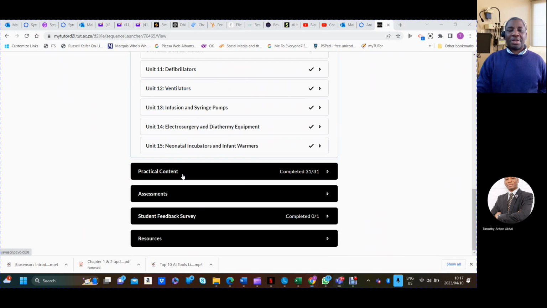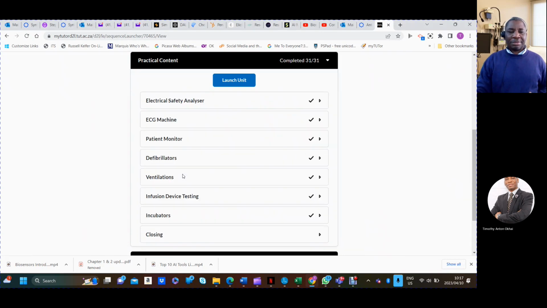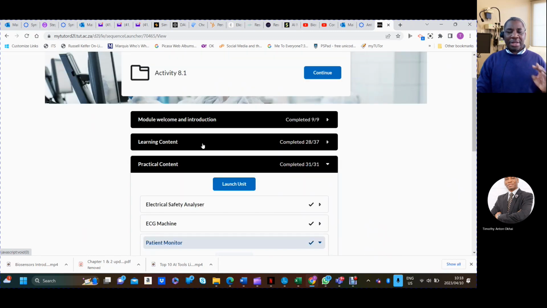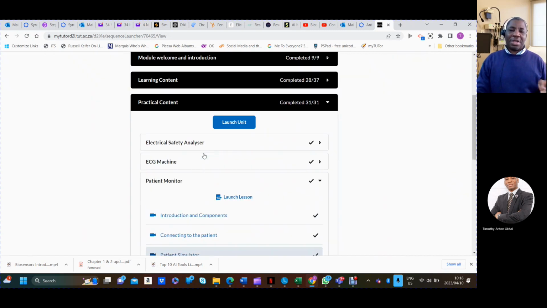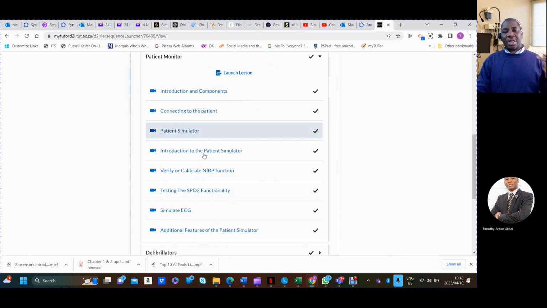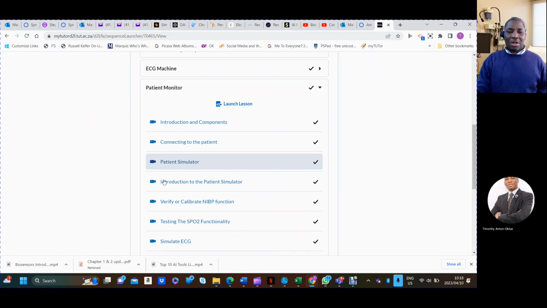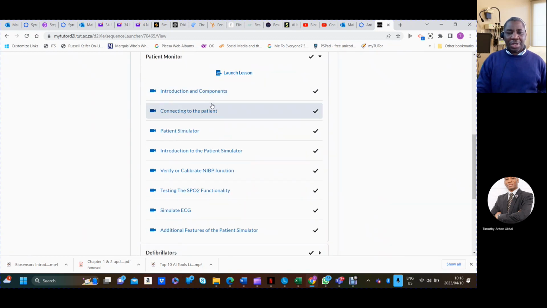But if you go to the practical side, let's go to practical and we go to patient monitors. And by the way, this will not be available until you do unit 10. So then you do the practicals, both for ECG, patient monitoring, SpO2, and so on. And so you will see this is all the practical under patient monitoring. You see there's an introduction, how to connect to the patient monitor, patient simulator, which is part of ECG,